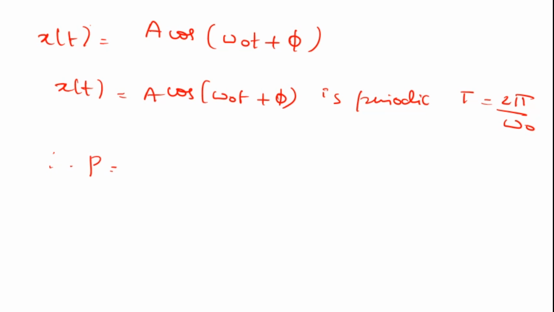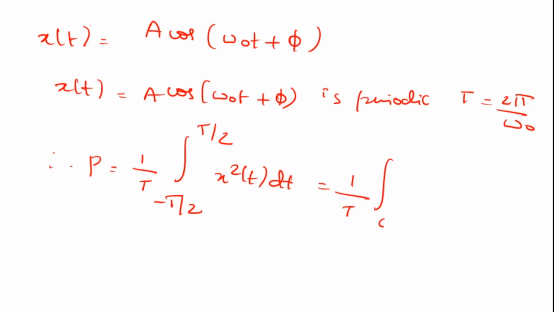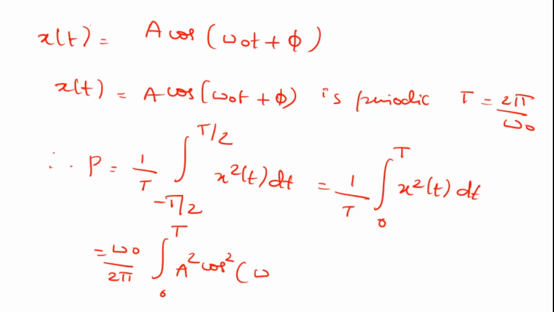Therefore, average power P is equal to 1 by T integration minus T by 2 to T by 2 x square of t into dt, which is equal to 1 by T integration 0 to T x square of t into dt, which is equal to omega naught divided by 2 pi integration 0 to T A square into cos square of omega naught t plus 5 into dt,